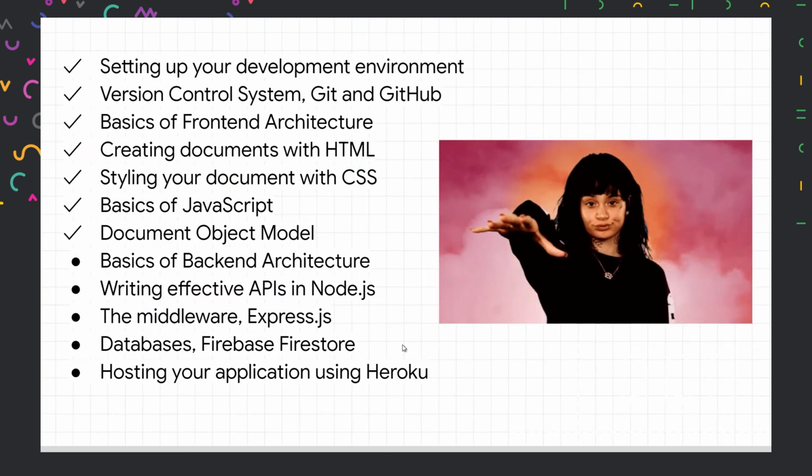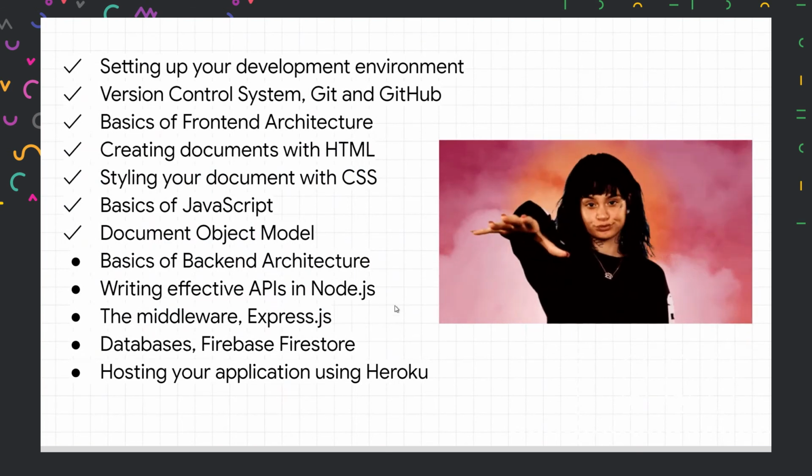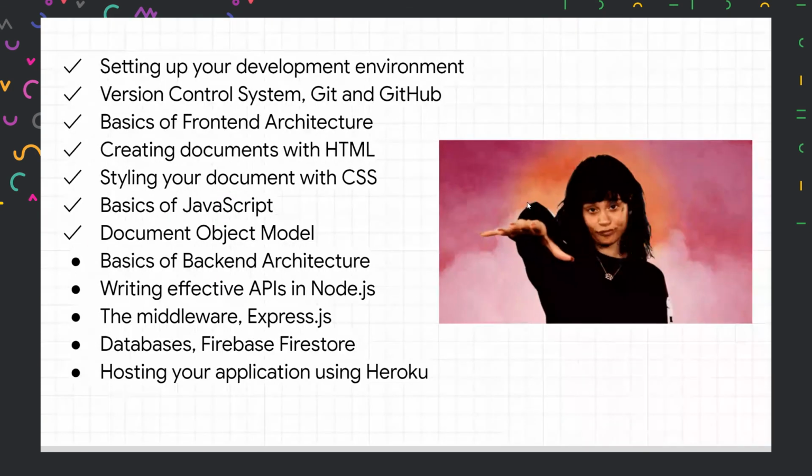Now, in the further sessions, we'll be learning how to code a backend, how to write server-side code. Because if we see our application right now, we still don't have functionality. We can't click here. If we add some list over here, it will just not work. So we need to incorporate some server-side code so that this list could be loaded depending on what is added to it, and we can delete it as well. So all these things are possible on the backend side, and we'll be learning that from tomorrow's session.